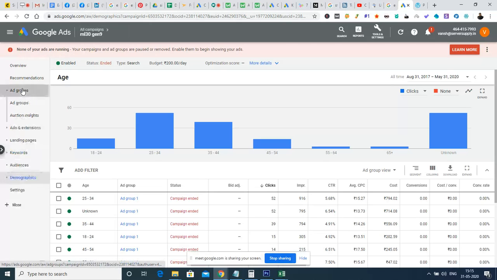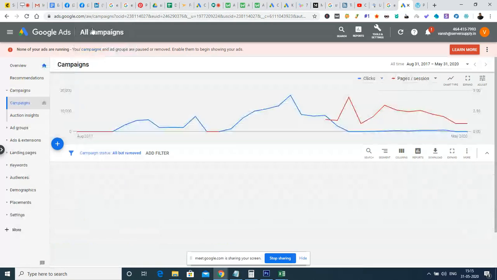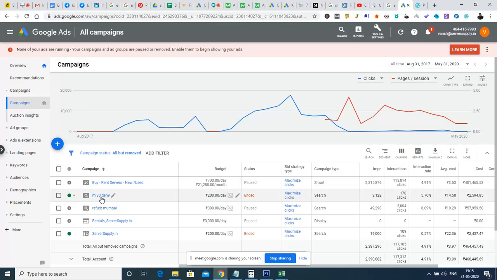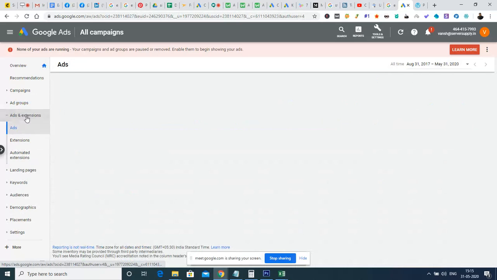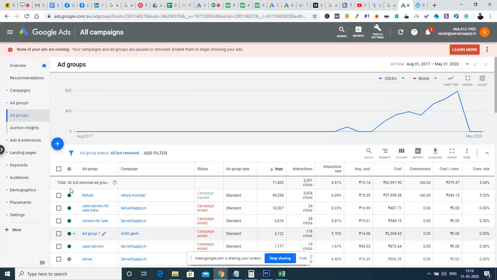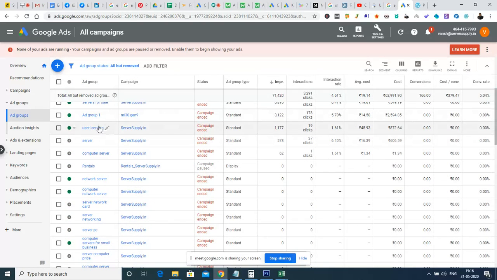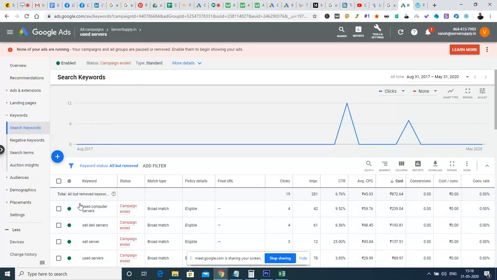Fine. So let us see what ad groups are. If I click this all campaign, and instead of going into one campaign, I directly go to ad groups, I'll see all the ad groups that are available in all the campaigns. So all the ad groups will be listed. In these ad groups, I can choose any ad group and see some inside details. Like if I click this particular ad group, I'm seeing something in the server supply campaign,